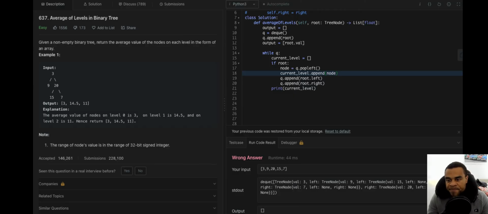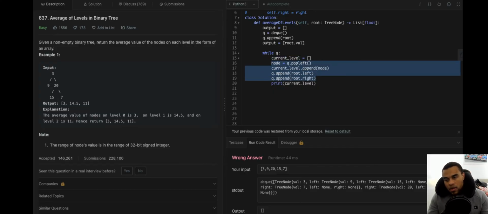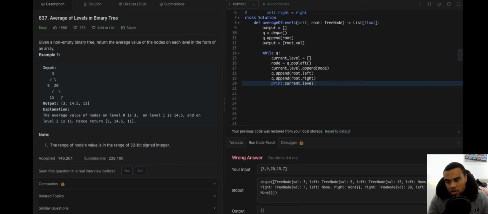If root, node.equals, if root. So current level node equals 3, let's say initially, then we add it.